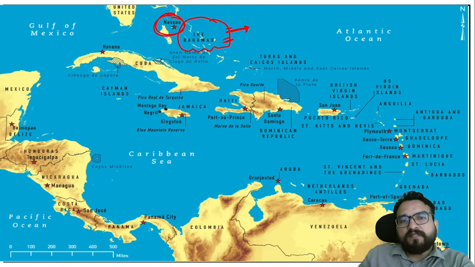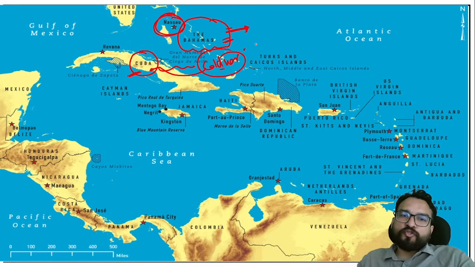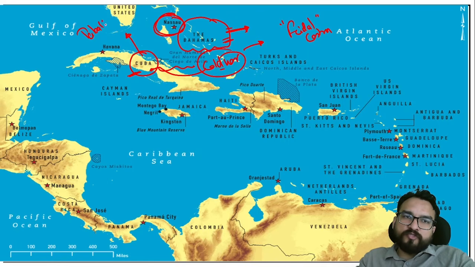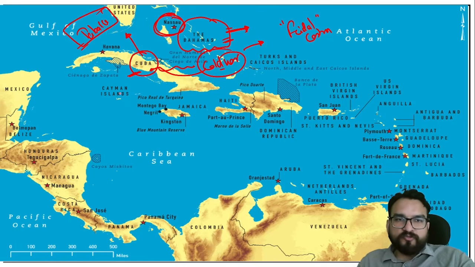Just see the places over here first of all. Then you will find one very important place which you must have read in your Cold War history too. This place held importance, Cuba over here. That is also known as the Cuban Missile Crisis. From here only you will find one socialist leader, Fidel Castro. Important. Now Cuba is also important from the tobacco exports point of view. Tobacco production happens over here, huge.